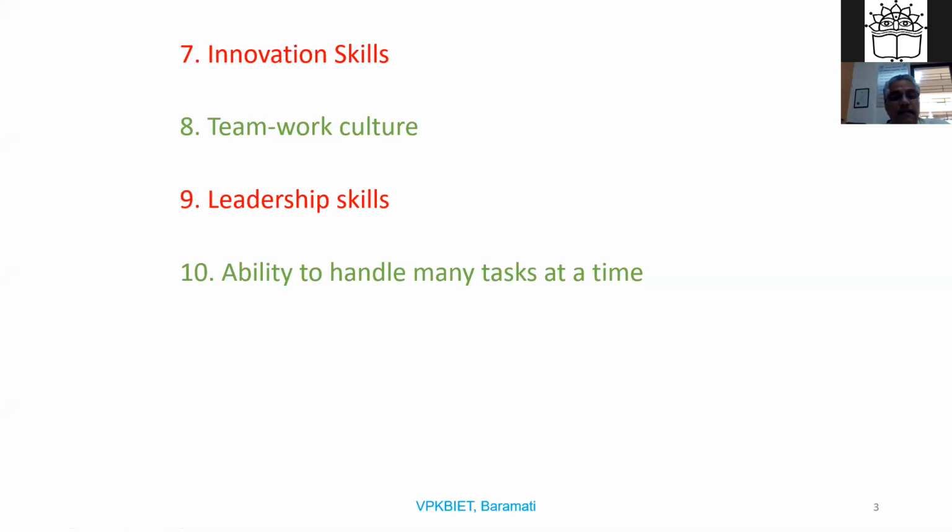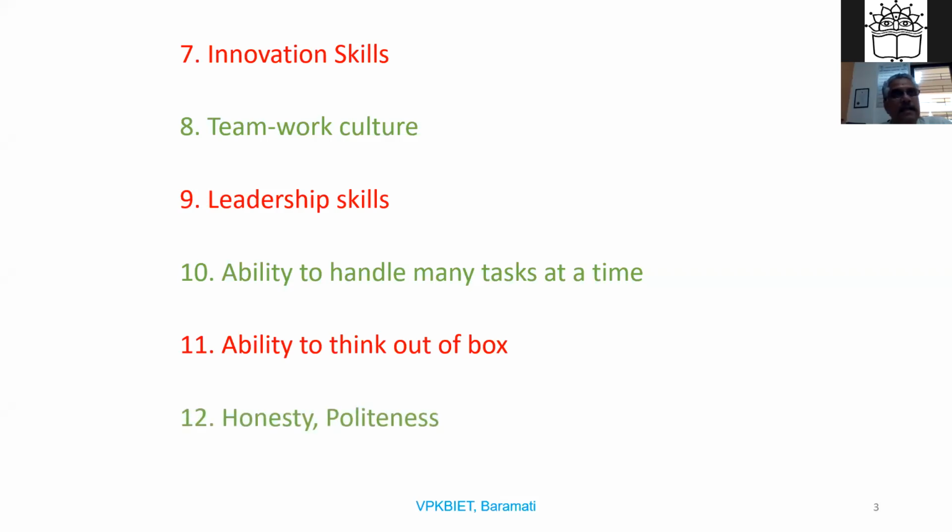Then the ability to think out of the box, because many problems are not bookish. Every quality can be developed by experiential learning. And honesty and politeness are required everywhere. So these are the qualities required for a successful person.